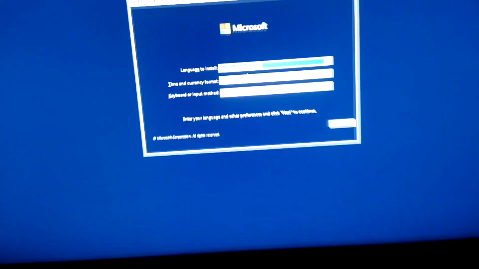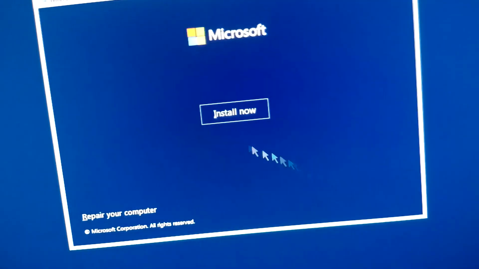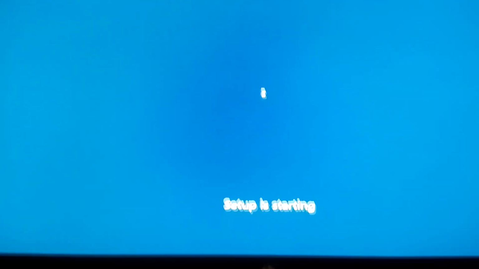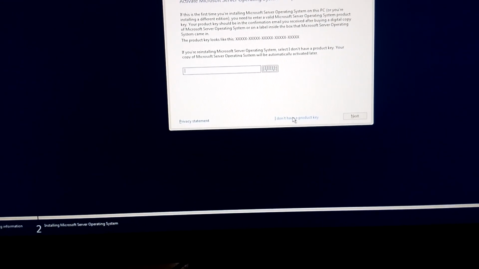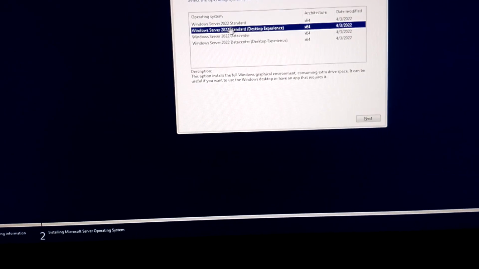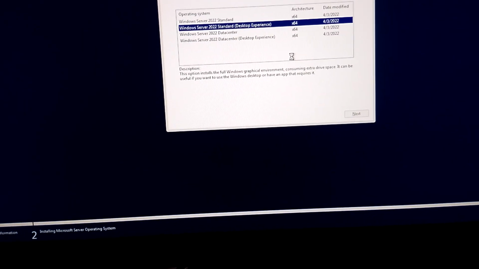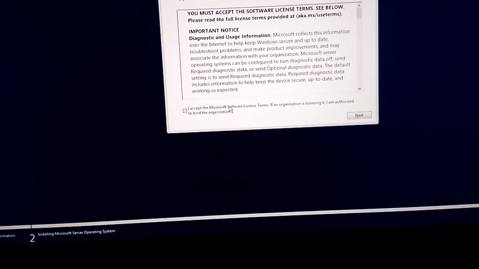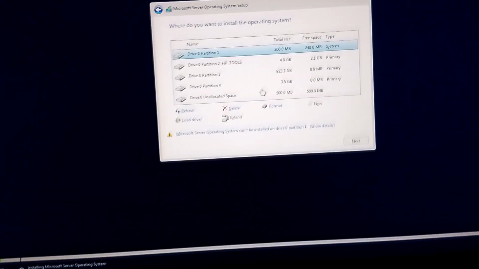Okay, here press next, then install now. Setup is starting. Okay, here we don't have a product key. Then choose Windows Server desktop experience. Okay, accept the license terms. Then this, you see,